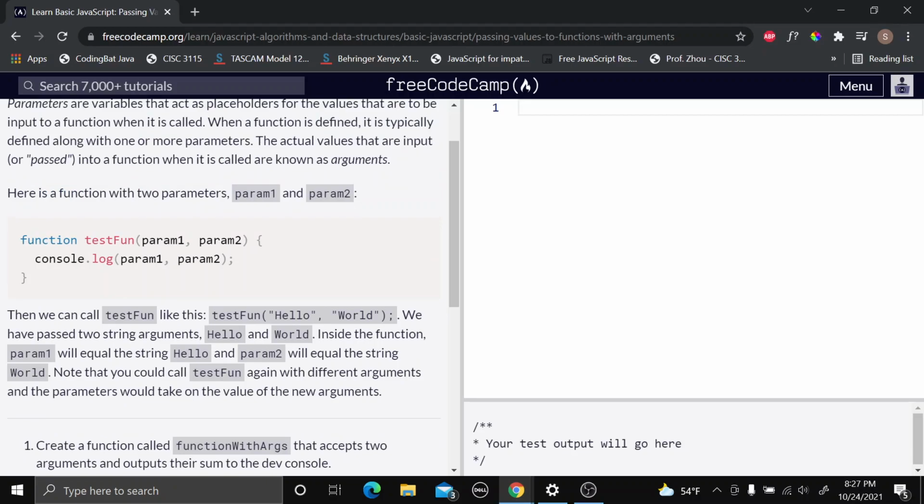Then we can call testFun like this: testFun hello world. We have passed two string arguments, hello and world, and inside the function param1 will equal the string hello, right? And then param2 will equal world. Note that when you call testFun again with different arguments, the parameters will take on the value of